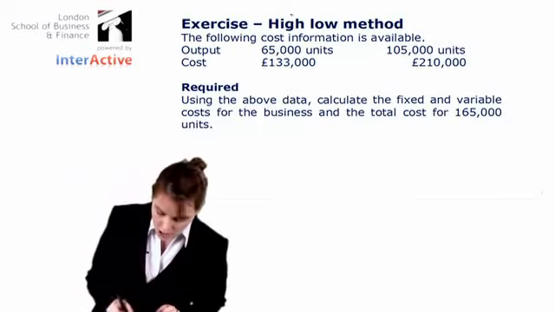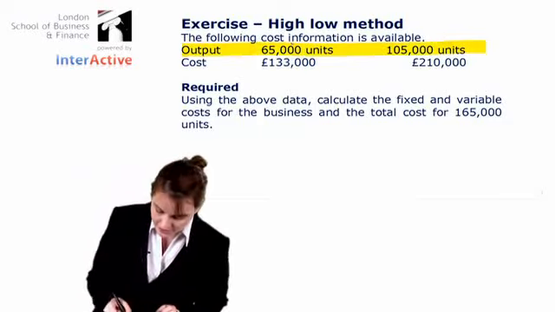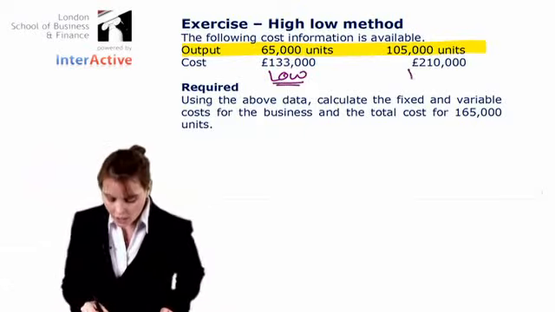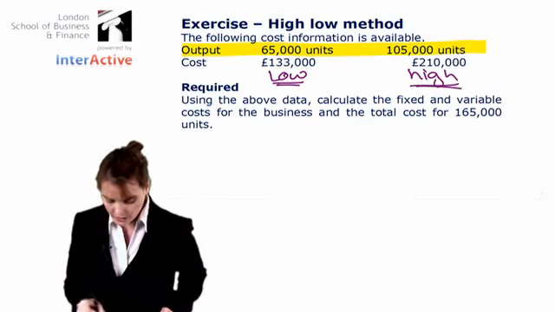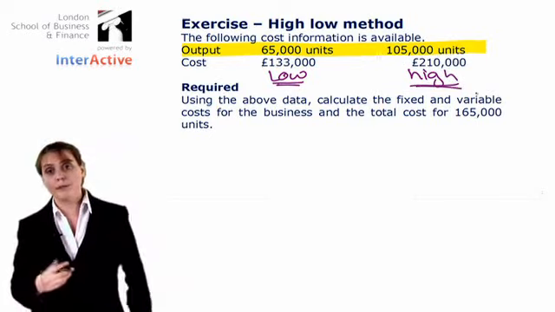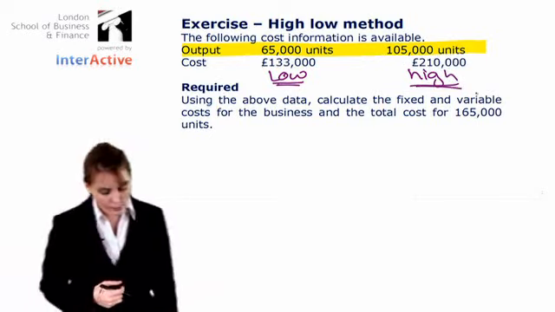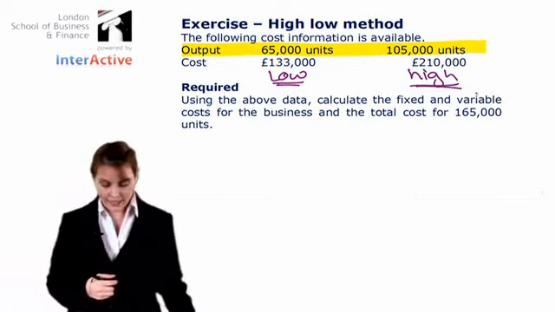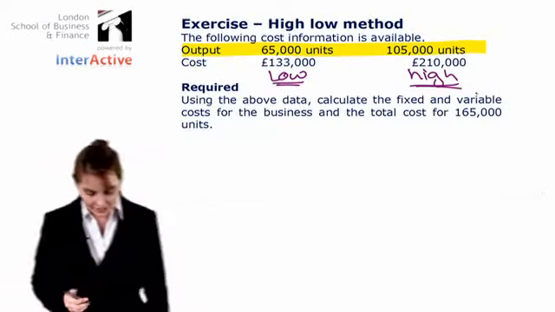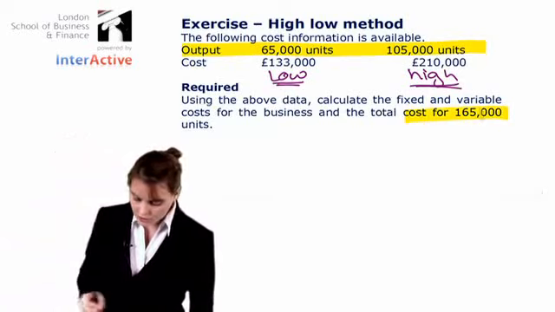So we've got our low level of activity, 65,000 units, and we've got our high level of activity, 105,000 units. We've been asked, using the above data, calculate the fixed and variable costs for the business and the total cost for